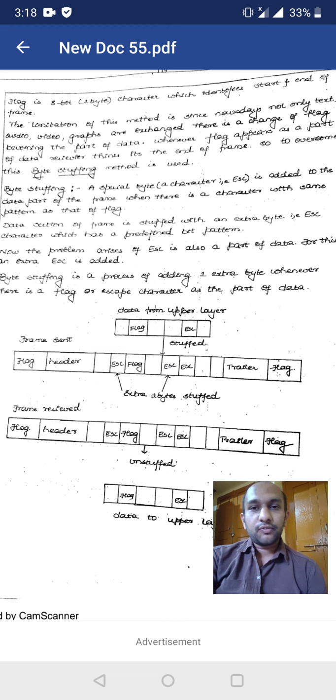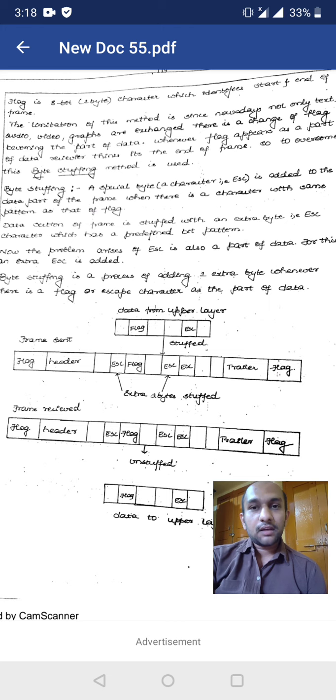So byte stuffing is a mechanism used to add some extra bits to avoid confusion between the data and the flag. For example, think that we define a flag as 101. In our data we are sending 10101.